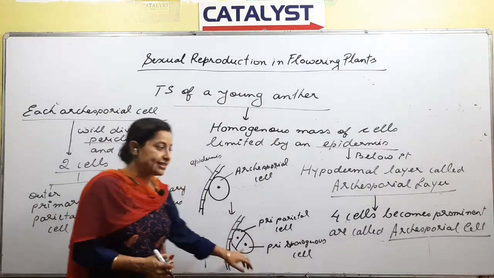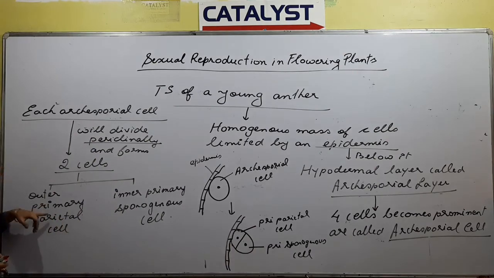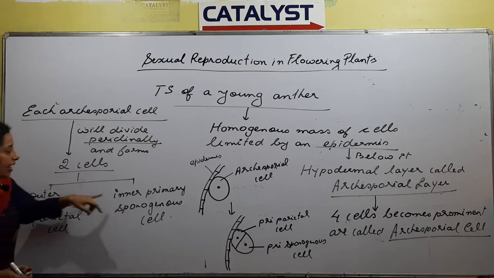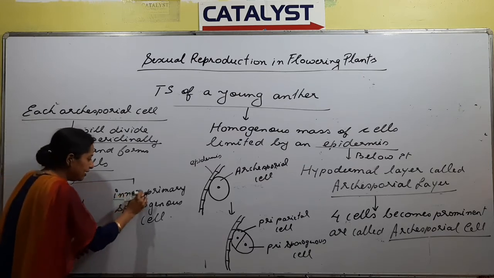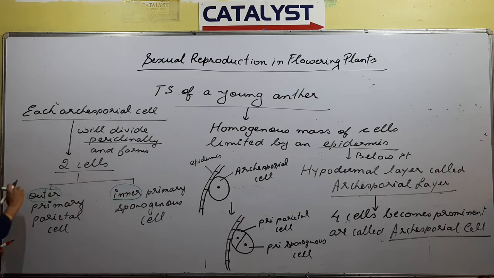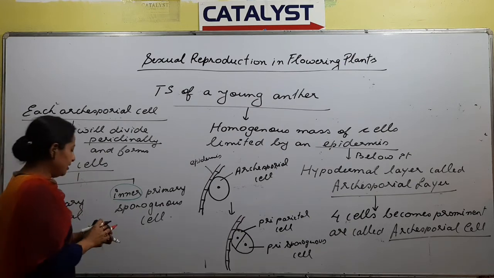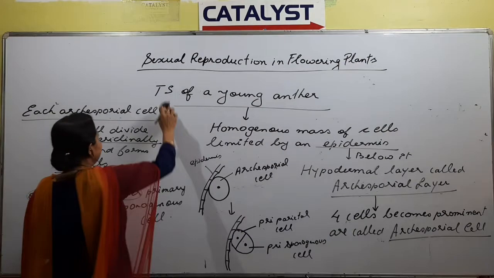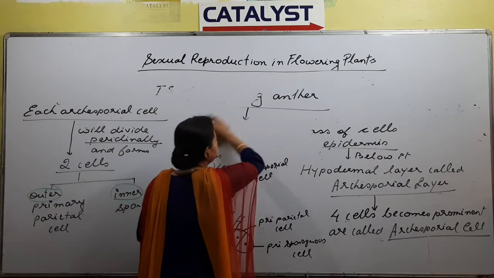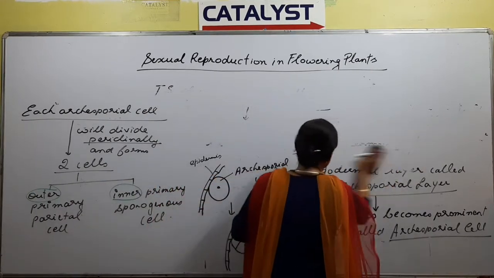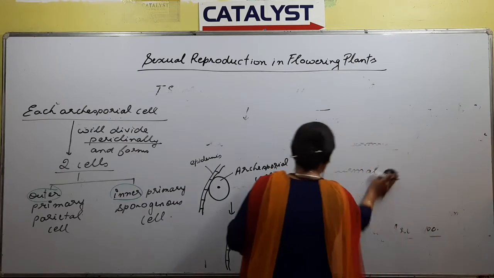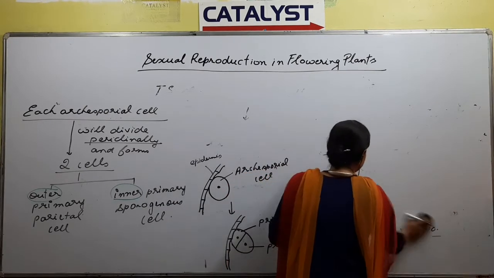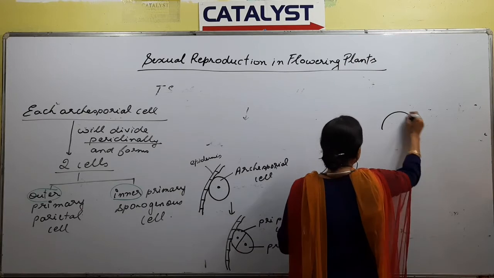If you notice here, for the primary parietal cell we have used the word outer, and for the other we have used the word inner. Now, inner or outer, what does it refer to? To understand this, we have to draw the diagram again. So when we have cut a TS, we have got a structure like this,